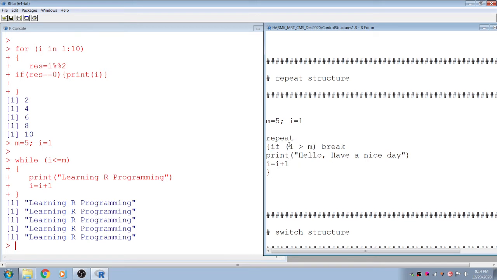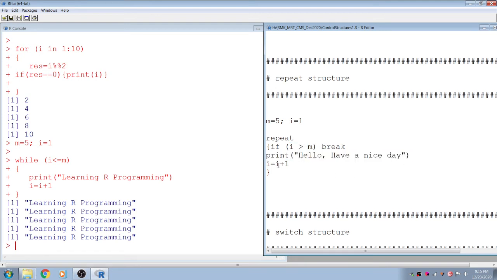Now the same process, same execution. You see i is equal to 1, so is 1 greater than m, which is 5? That is false. If it is true, then it will break. It is false, so it prints "hello, have a nice day".